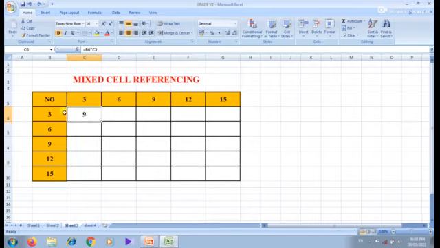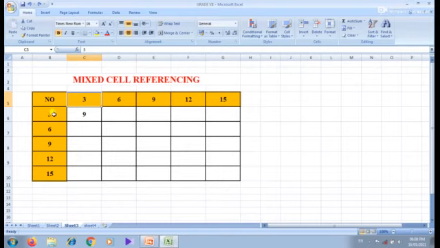See here, we have to use the dollar sign also here. Mixed cell referencing means it consists of both relative and absolute. So what we have to do is lock that value, the column B and then the row 5.